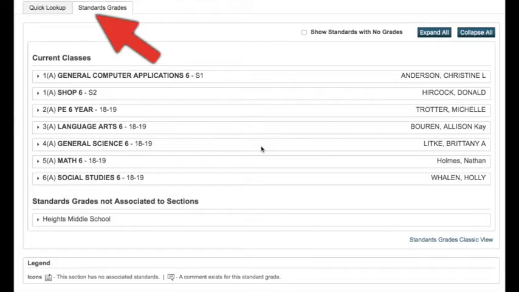Let's take a look at the Standards Grades tab in PowerSchool so that we can get a better understanding of how our standards-based grading system looks in PowerSchool. You will see a list of your students' classes. If you go down and select one of the arrows next to the class, for example, Third Hour Language Arts,